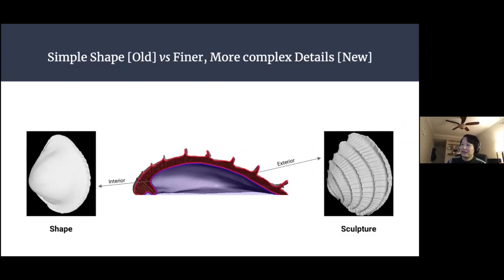More specifically, for the shell data, after the extraction of the coordinates and the connectivity, the first thing we notice is that there are 2 different types of data modalities here already. If we look at the interior part of these shells, these are the smoother part of the shell. They are where the shell is directly in contact with the body of the animal, with the meat of the shell. These are the relatively older objects of interest, where it captures, for example, the volume, the weight,